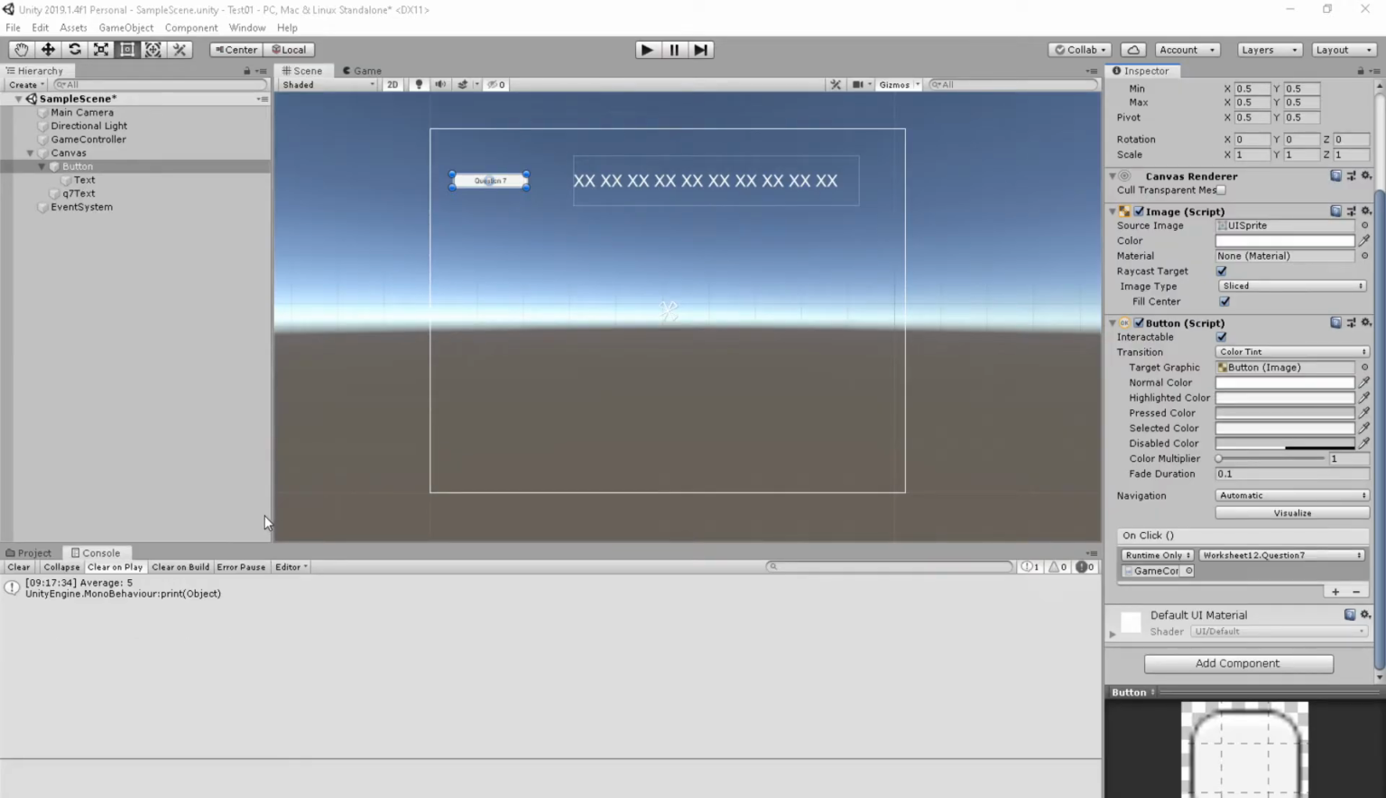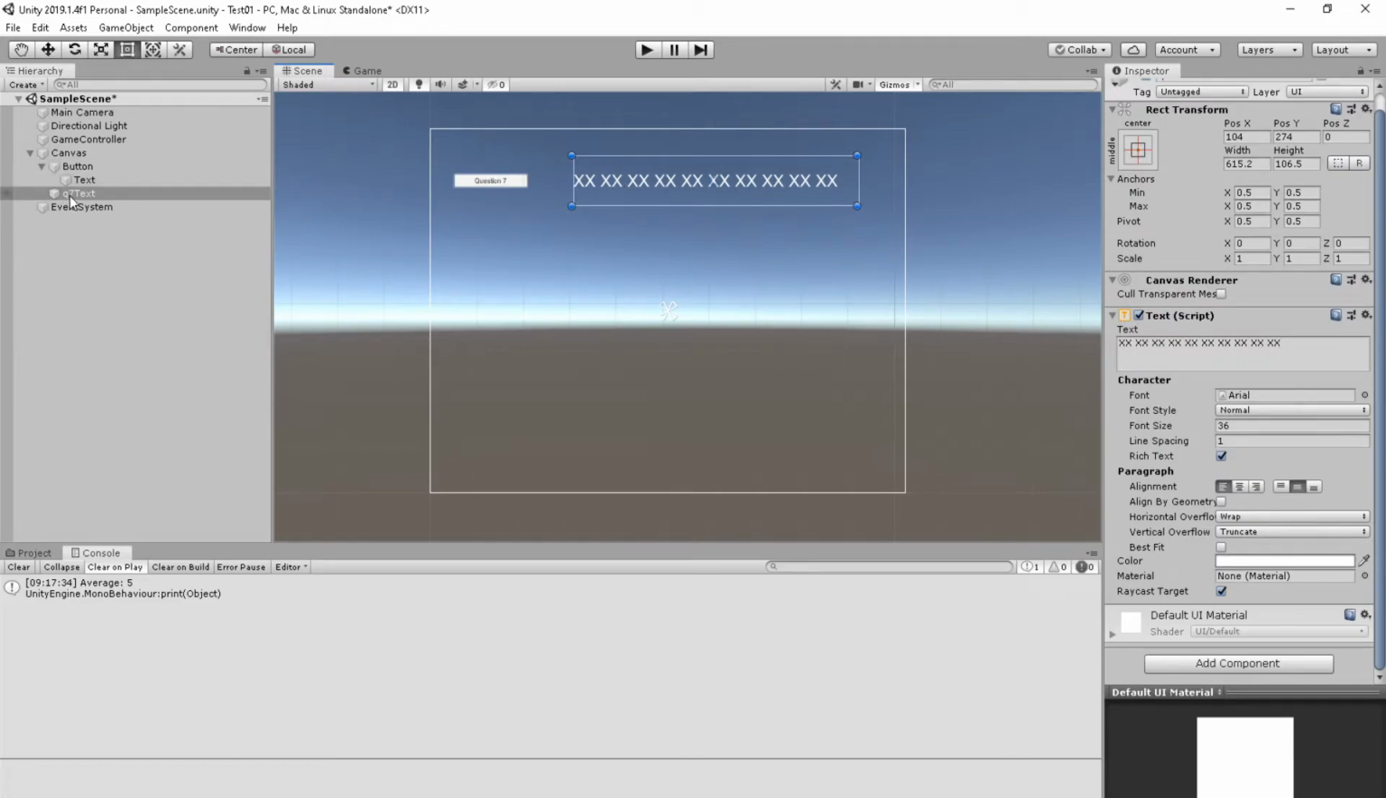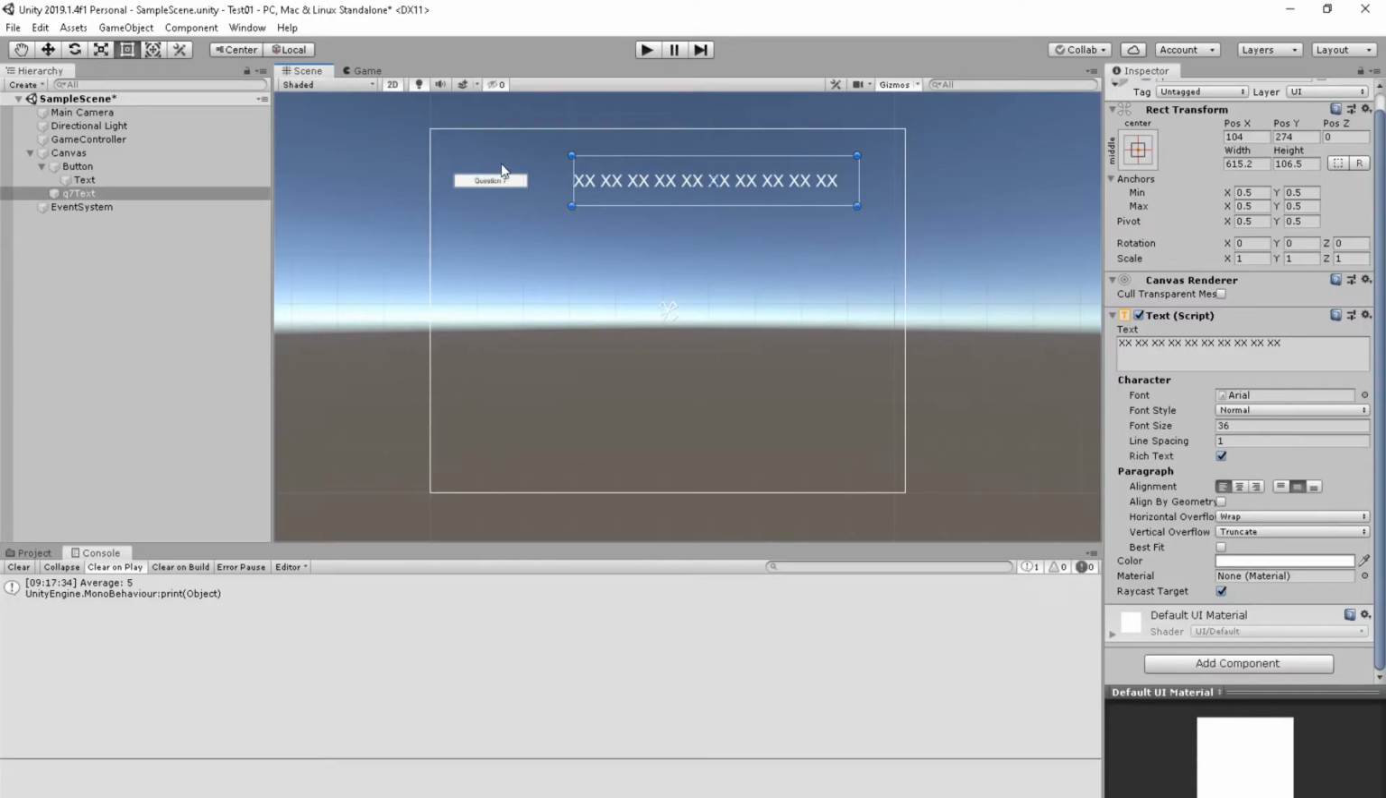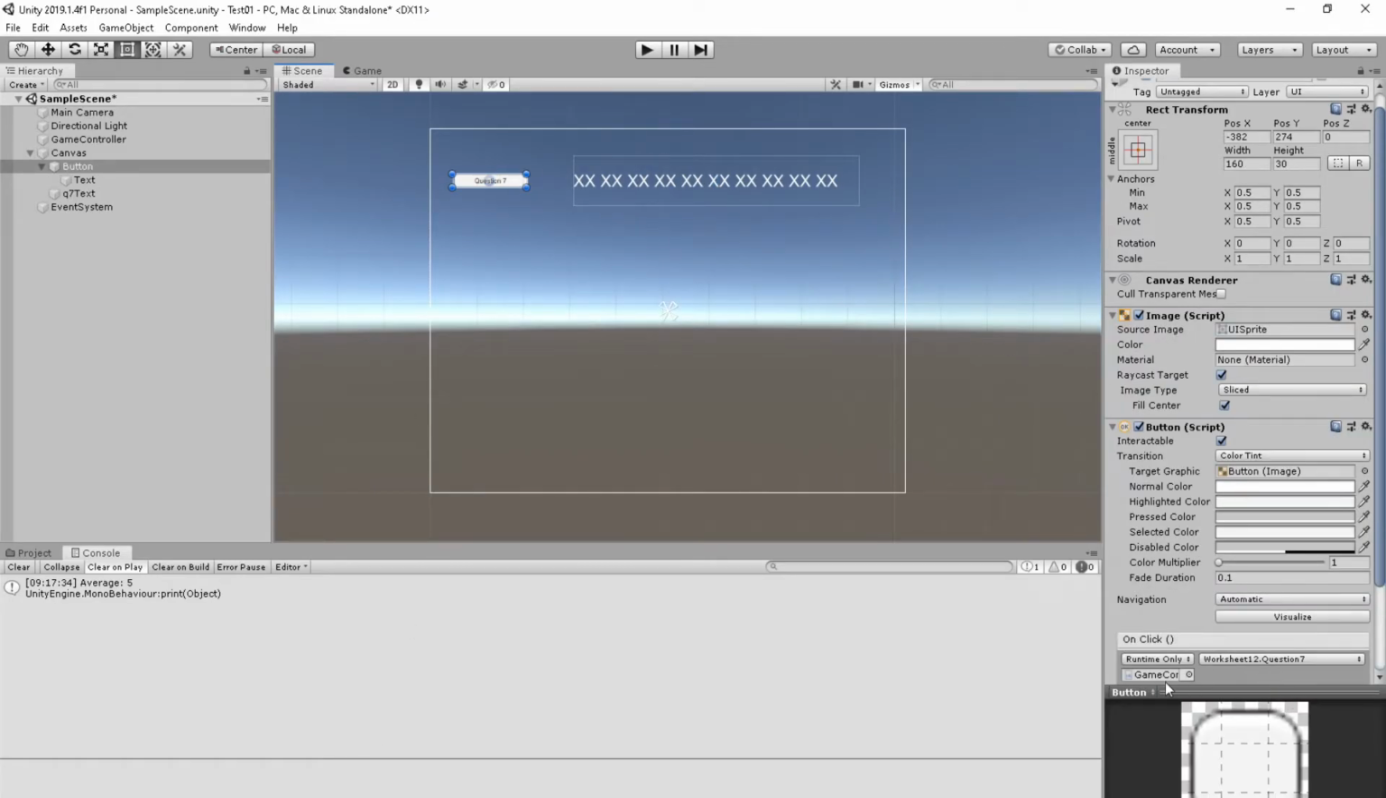All right, so I have the Unity editor stuff done. I just have a button that I put "question 7" on the text, and I have this text object called Q7 text. I did go ahead and create my public void Question7 for the button click event, and I hooked up my question 7 button to that Question7 event on the game controller. So make sure you get this all set up so that you should be pretty good to go with the